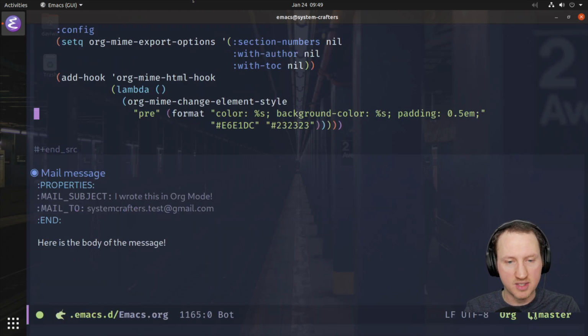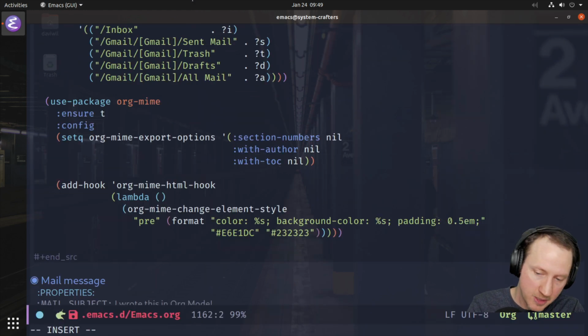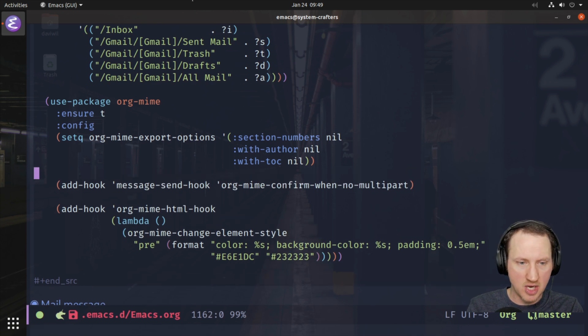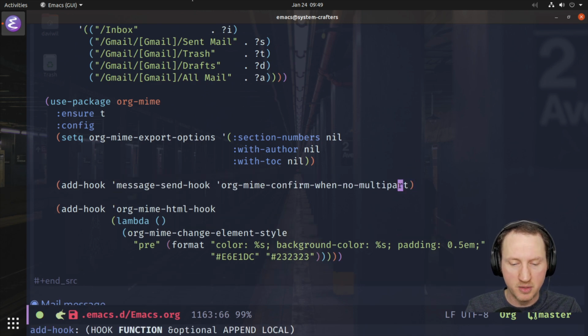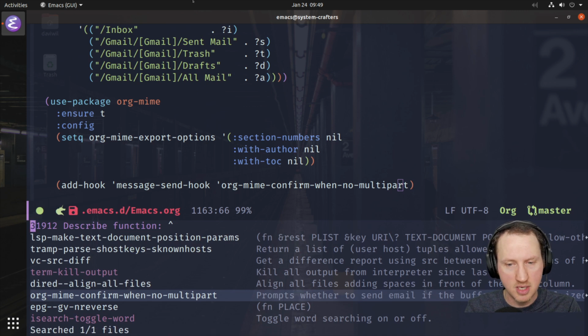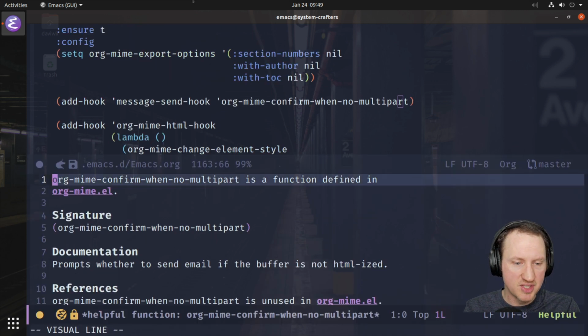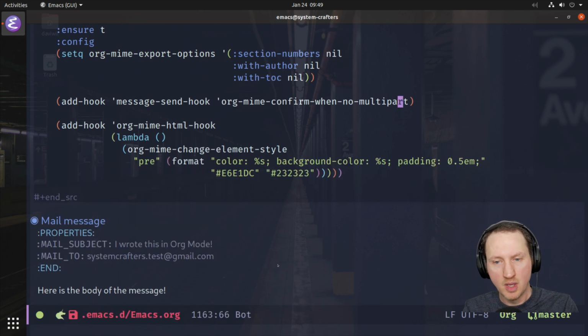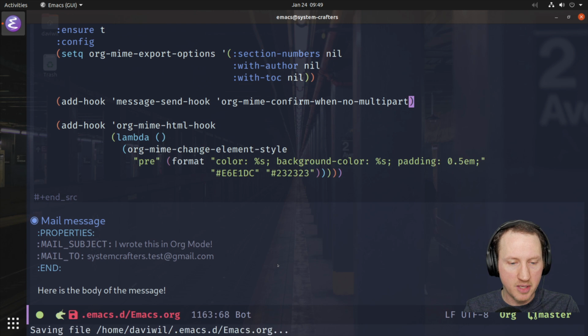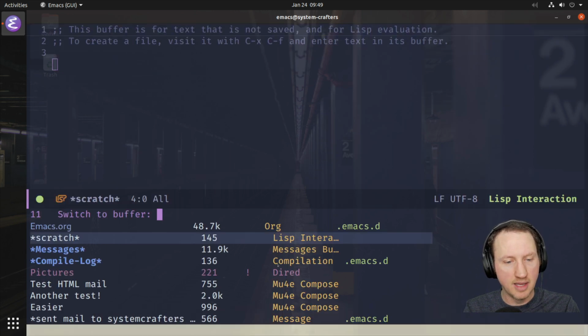I haven't actually tried this, so if it crashes and burns, I apologize. But let's give it a shot. Let's also check the docs for this function. I'm going to use Control-H F to get describe function, and we're going to look this up. So basically it says it prompts whether to send email if the buffer is not HTMLized. So very simple. I'll use Control-X Control-E to evaluate that, to add the hook,